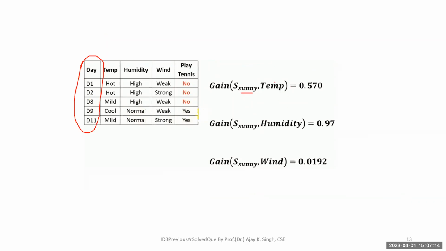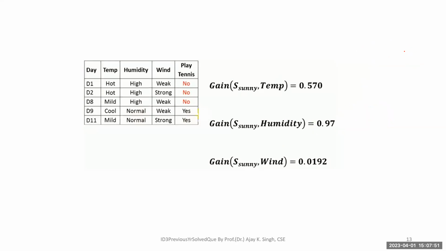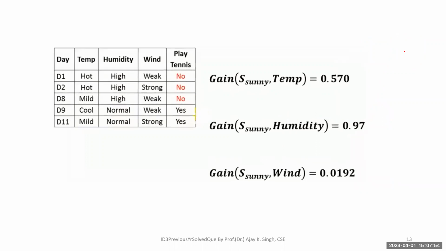Now I'm going to see which attribute among temperature, humidity and wind is going to win. What is the maximum gain? The maximum gain is for humidity. Just immediately after Sunny, I'm going to put humidity. So this was outlook, having Sunny as an attribute, and just below this Sunny, I'm going to put humidity. So the parent of this particular humidity is going to be outlook. I think you are getting the point. So let's see.